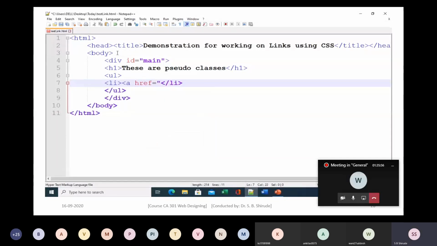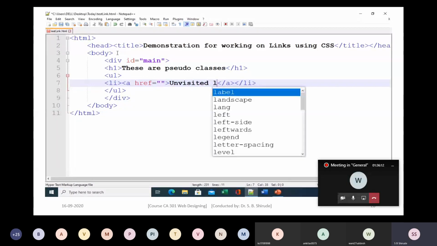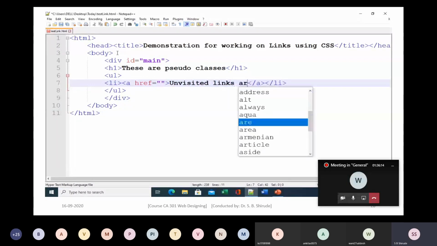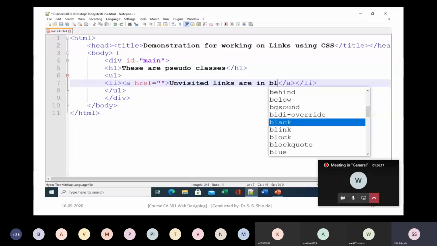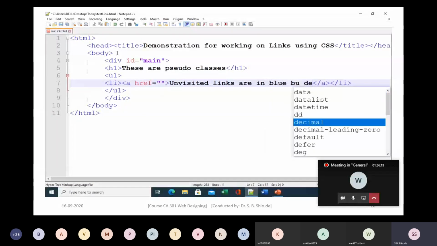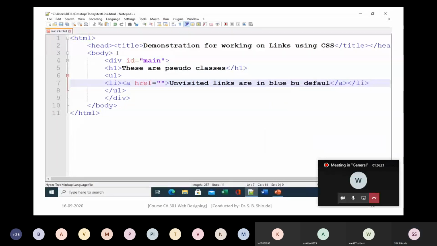So a href is equal to, I'm not going to create the actual href pages. So like this, this is an unvisited link. Likewise, some links we are going to add. Unvisited links are in blue color by default.